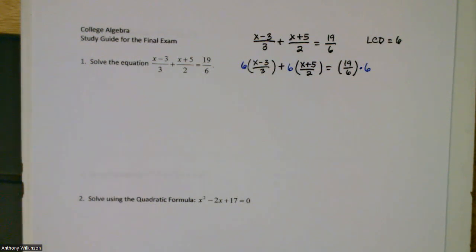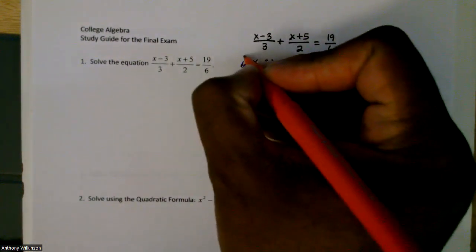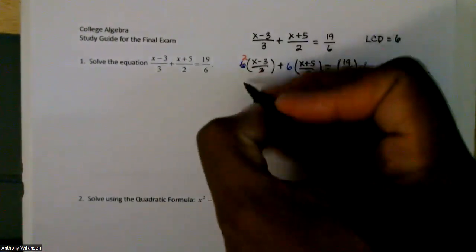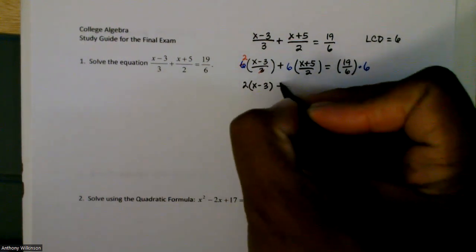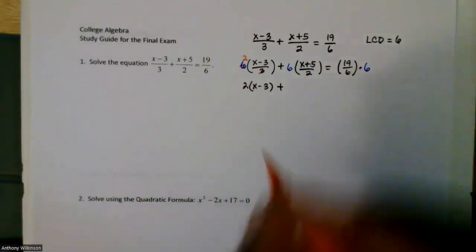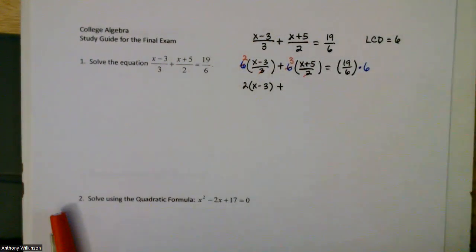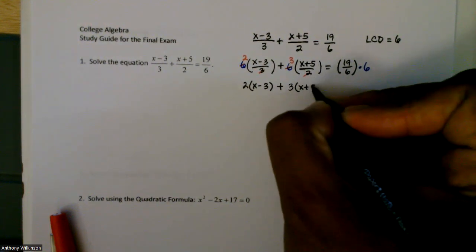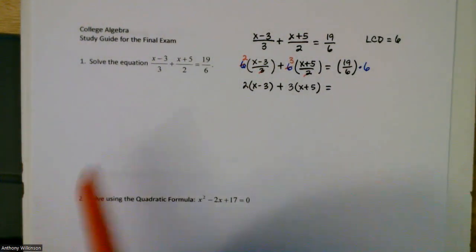If I divide 3 into 6 for this term, that's going to go 2 times. So I'm going to have 2 times the quantity x minus 3 plus, and if I divide 2 into 6, that's going to go 3 times. So I will have 3 times the quantity x plus 5,